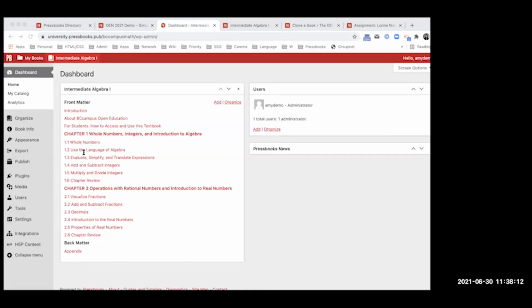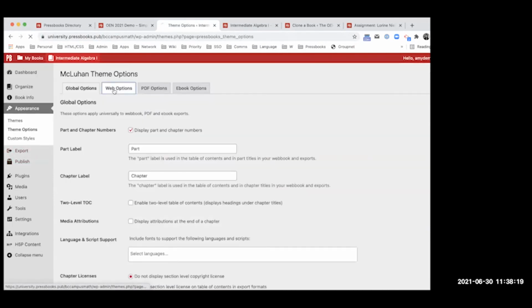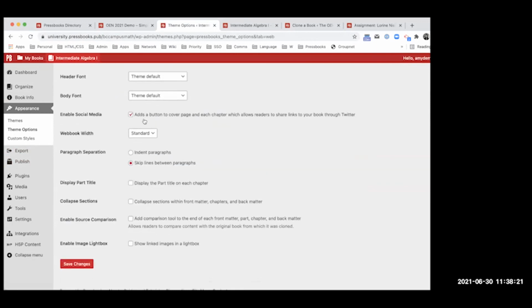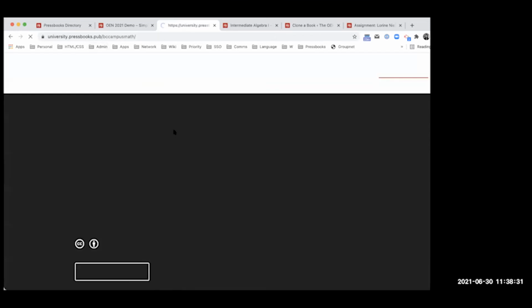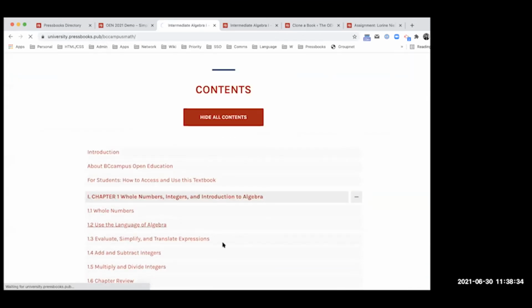There's a couple of other things related to cloning that might be super helpful for you. Under Appearance and then Theme Options, we created this tool specifically for educational institutions. You will see this button that says Enable Source Comparison. What that will allow you to observe is, go into your clone book, and if you go into a chapter,